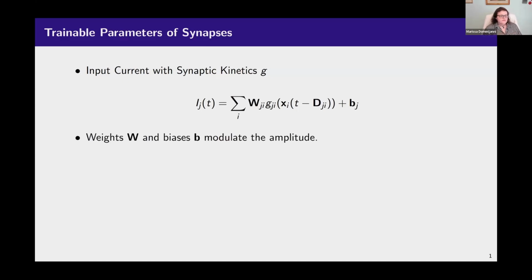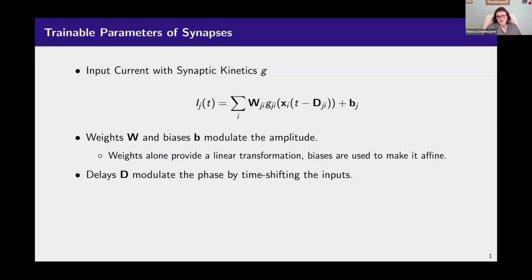Typically, you have weights and biases to modulate the amplitude, which both work on the amplitude of the input signal, whereas delays modulate the phase of the signal instead by time shifting the inputs.